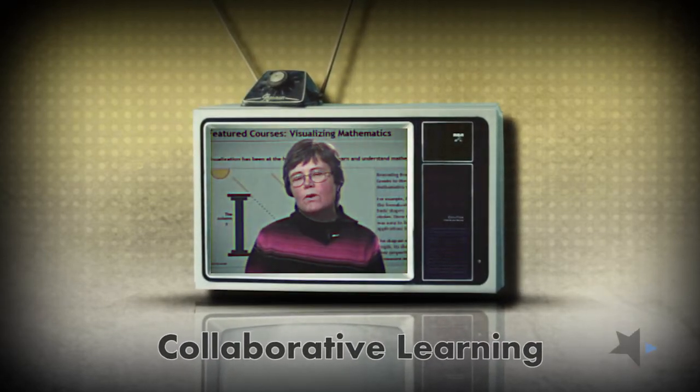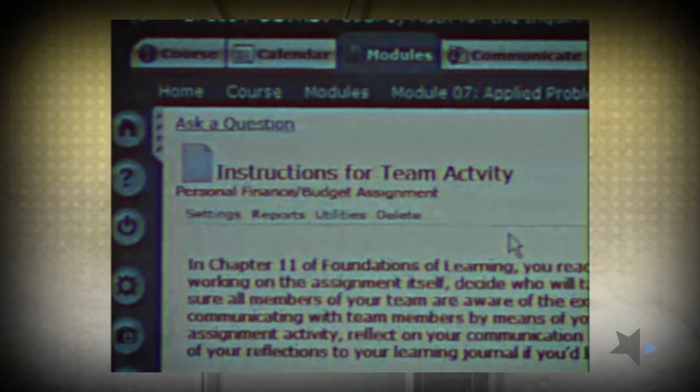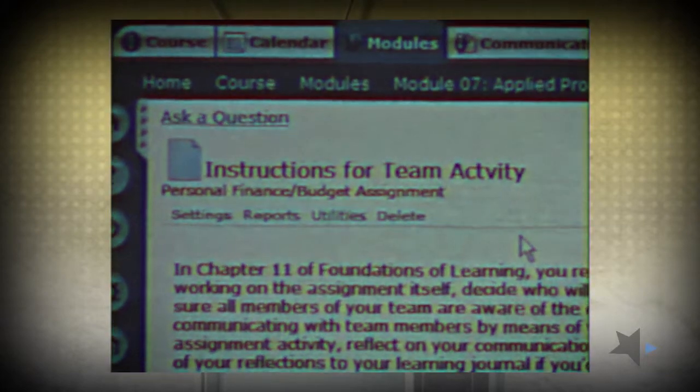Another important aspect, I think, for students working online, and there are advantages and disadvantages to using this technique, but collaborative learning certainly does have its benefits. Sometimes it is difficult to get all the students working together. Sometimes if they're behind a bit, it's difficult for them to join in a group project. But we do find that it's very helpful for students to talk together about a math concept and help each